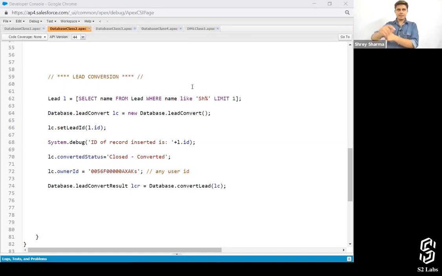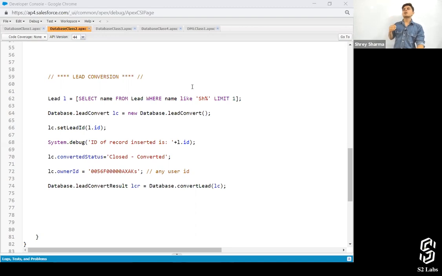Why and how? Let me explain to you. When a lead record gets converted, the information which is there in the fields of the lead record gets submitted to the account, contact, and opportunity's new record, or to the existing record that we are updating when converting that particular lead, right? But that lead record never gets deleted. It goes away from the UI or from the list view or from that particular tab. It is still available or visible in the reports, right?